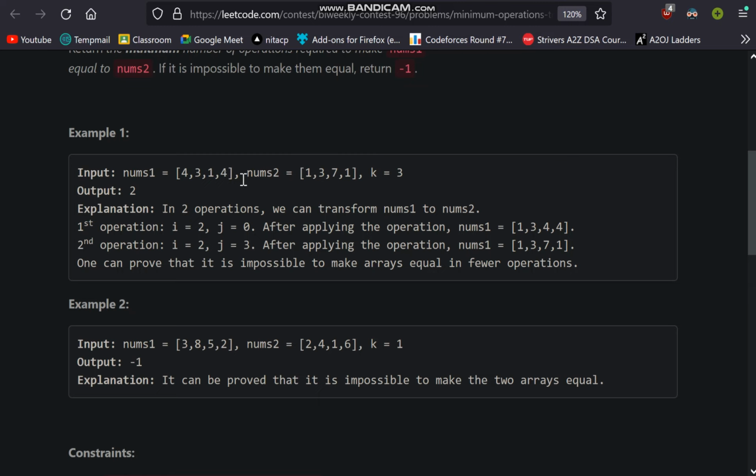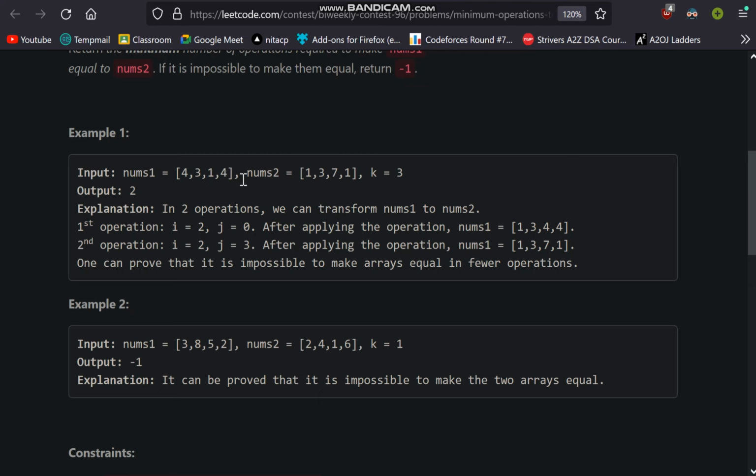So let us see the code. By seeing the code, I can try to explain more about this. Okay, so here is the code for that question. If the value of k is 0, then if initially the vectors are equal, we have to return 0, which means we don't have to perform any operations. Otherwise we simply return -1. We can do this before doing anything else.